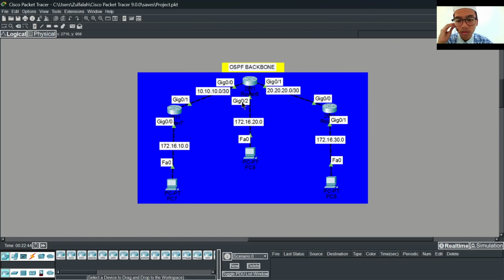So in OSPF configuration we just add the networks it has, but in static routing we add the networks it doesn't have, manually.